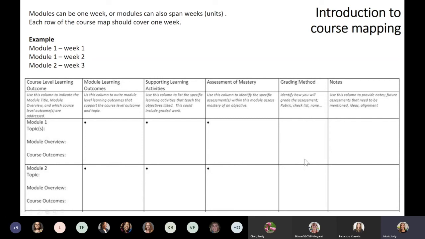This grading method is something I added recently after working with Meg. It's always really good to think about how you're going to assess students, both for the students. So are you going to use a rubric? Is it going to be a checklist or a pass-fail, just credit? But it's also good for you to think about how much work on the back end you will have assessing